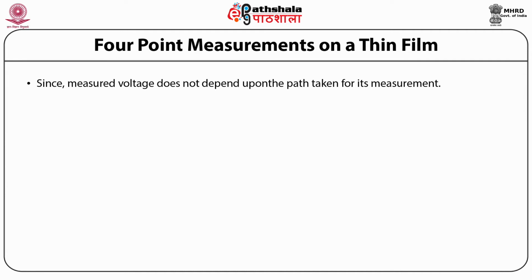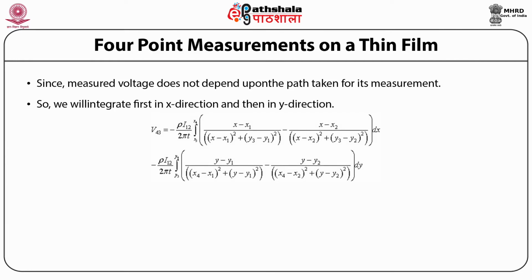Since measured voltage does not depend upon the path taken for its measurement, we will integrate first in the x direction and then in the y direction. So V43 equals minus ρ I12 divided by 2πt, times the integral from x3 to x4 of (x minus x1) divided by ((x minus x1) squared plus (y3 minus y1) squared), minus (x minus x2) divided by ((x minus x2) squared plus (y3 minus y2) squared), dx,